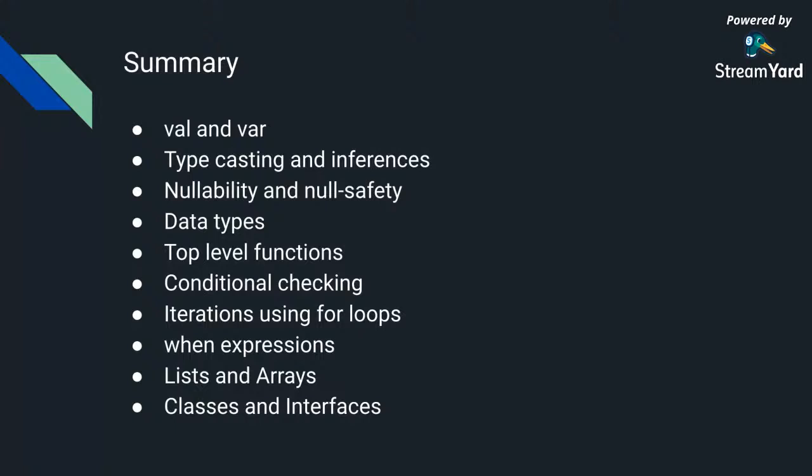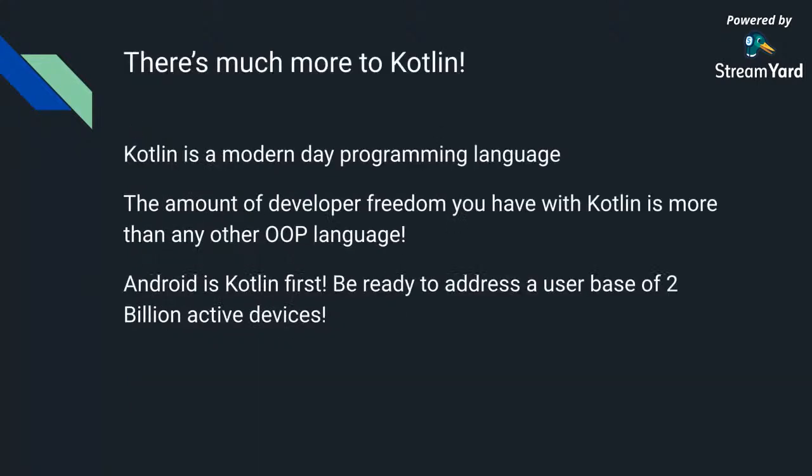And then we saw what when expressions can be used for. They are a replacement for switch cases, and it's easy to just code a when statement as opposed to a switch statement without any break statements. And then we went through some basic lists and arrays, how we can have mutable and immutable lists. And at the last, we covered some class basics. We saw data classes, how we can write one line classes, declare them, and not have a getter and setter, and avoid a lot of boilerplate code. And then we went through interfaces and saw a basic example of a callback. Cool. So I think that has been it.